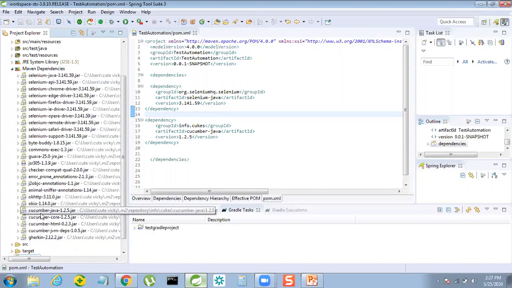Okay, so this is how you add the Selenium and Cucumber dependencies in order to get the particular jars. Likewise, you can add TestNG dependencies, JUnit dependencies, whatever you need based on your project needs. Okay. Thank you so much for watching this video, guys.